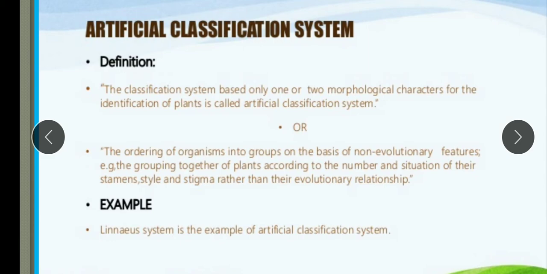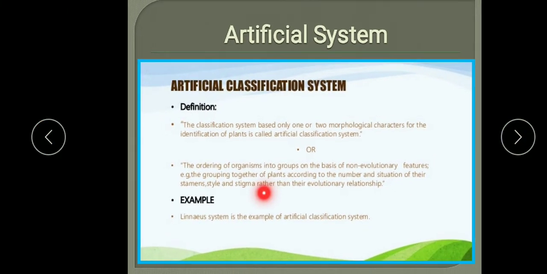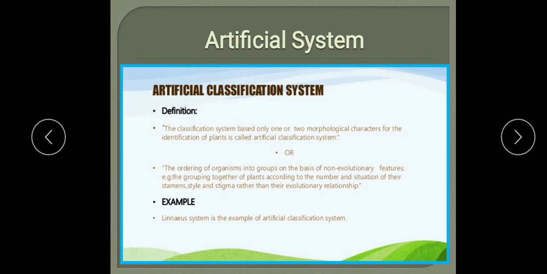Carl Linnaeus's system is an example of this classification. He classified plants on the basis of the number of stamens and their cohesion. Some other scientists also did this, like Theophrastus, who classified plants into 4 groups on the basis of their habit, namely herbs, undershrubs, shrubs and trees. So this is based on only a few observable characters.